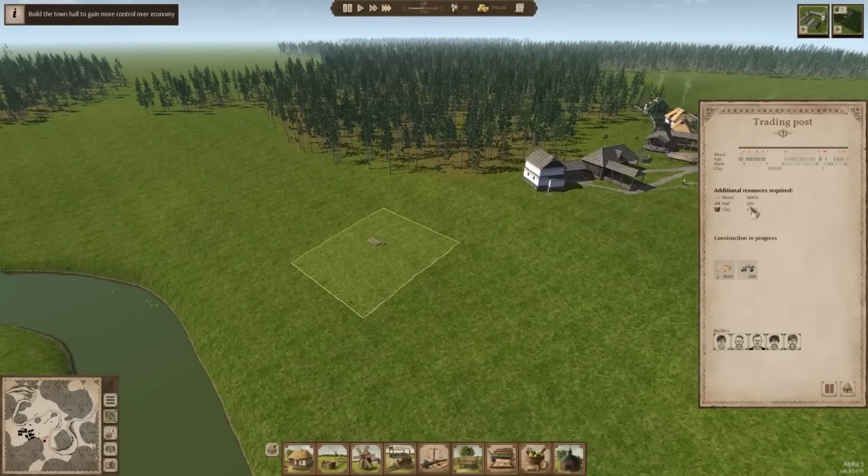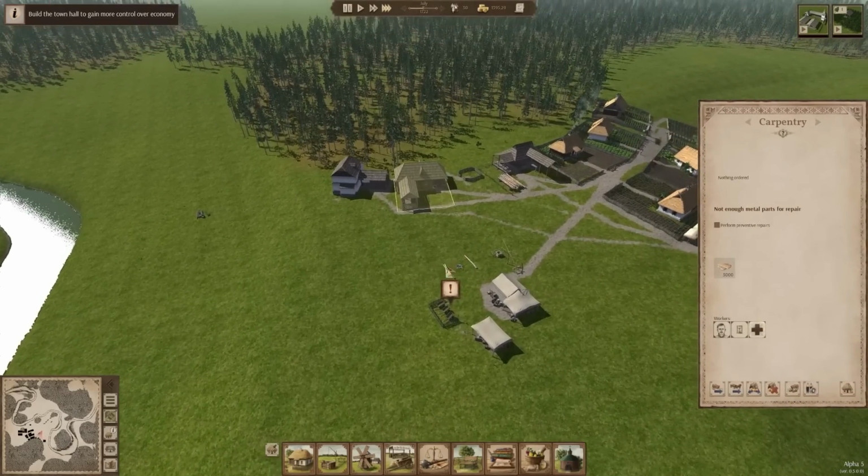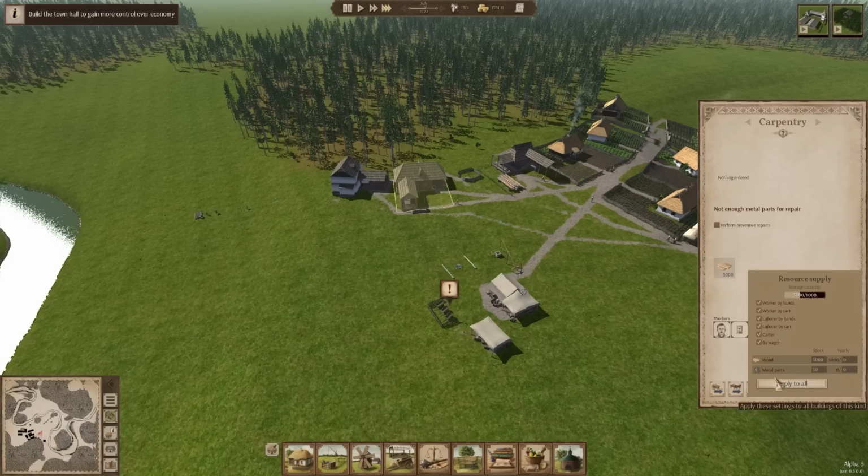Yeah, because they still need 286 nails. These guys really need to fix these carts. Come on, man. Metal parts for repair. All right, I'll tell you what. Let's cut the nails to 500. We've really got to get them to make these metal parts. So I don't know why they won't...